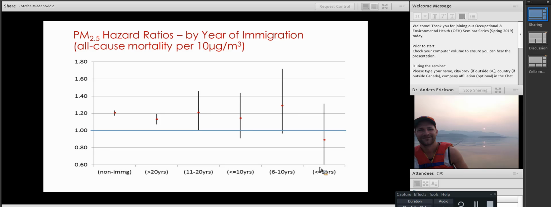Yeah. And then looking at longer-term moving, we can see postal codes over time, so we can look at those who lived in Toronto in 2001, and then look at whether they've moved to a smaller or different city over time. And I'm interested in that question for the whole population, to compare these groups.